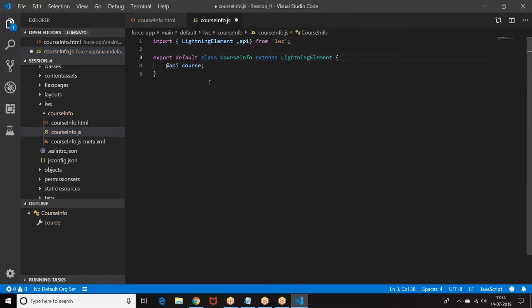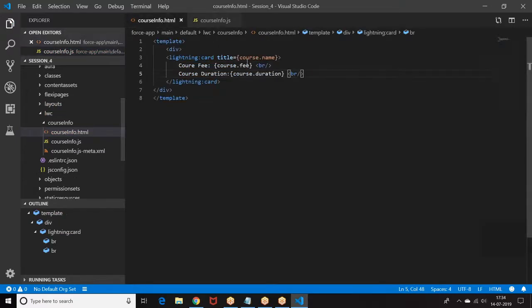In the last session already I told you, if you want to display, the object should be in the form of name, admin, duration, 30 days, fee. This is how we define it. So whatever the course data I am giving here, this course data I am trying to print it here. Course dot name, course fee, and course duration.